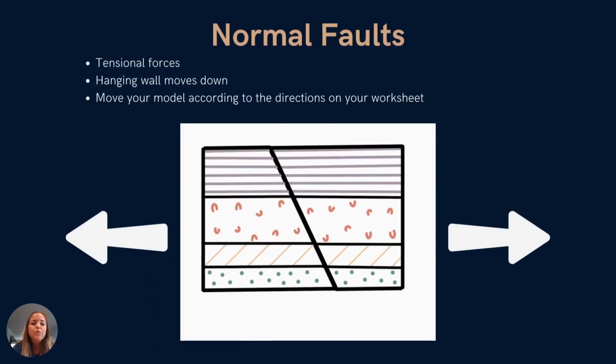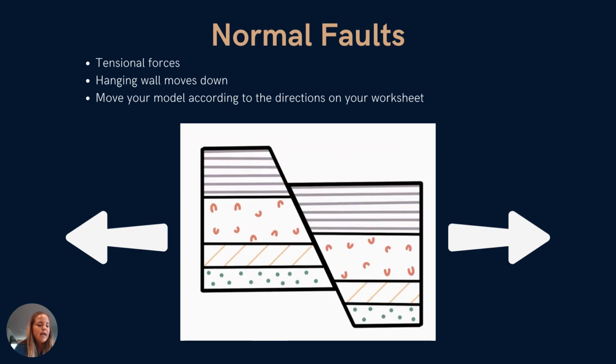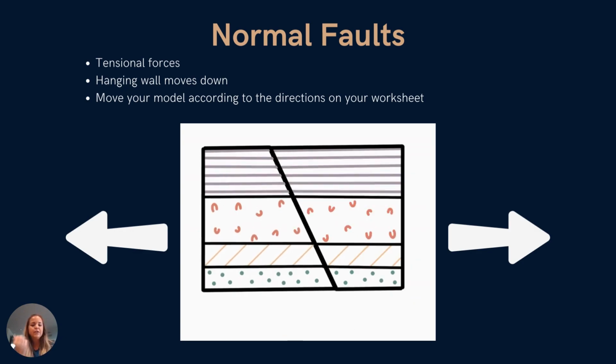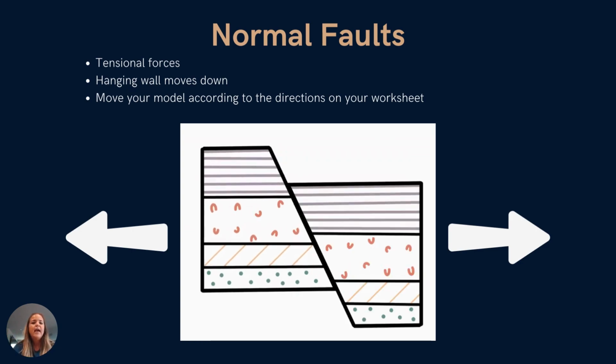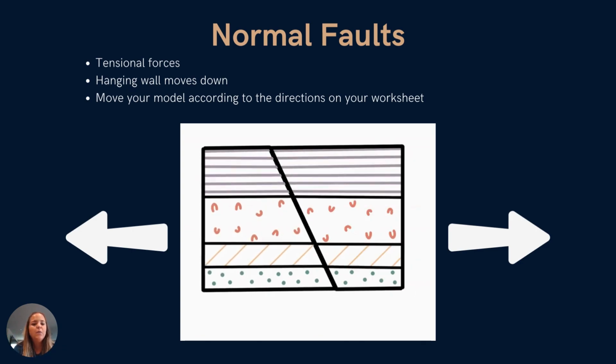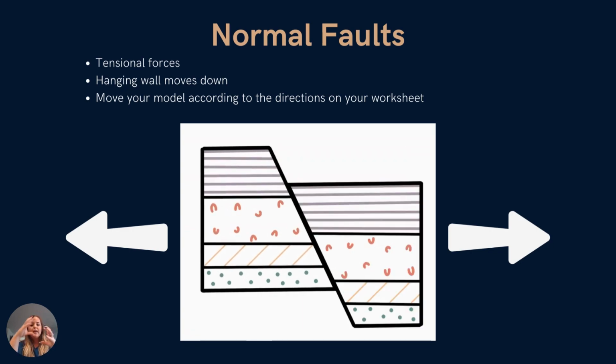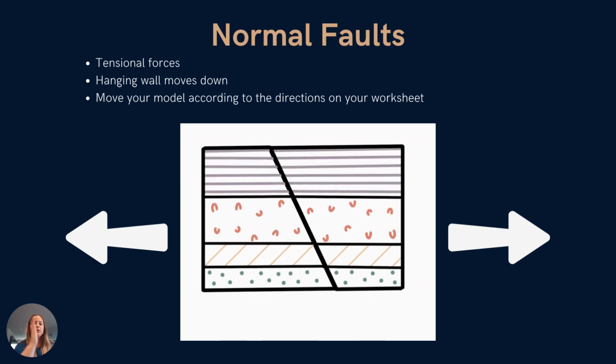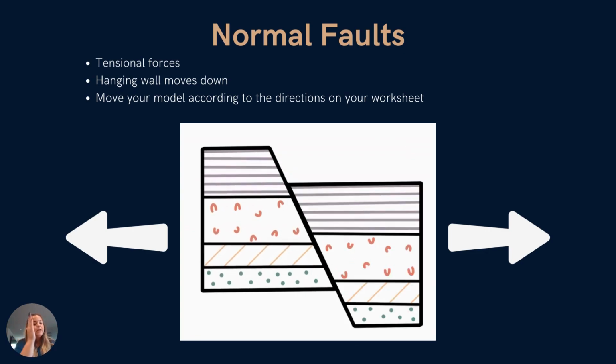Okay, so with normal faults, this is driven by tensional force. So things are being pulled apart here. They're experiencing tensional stress. And what happens is the hanging wall moves down. So you can see in that diagram or that GIF that they were once together and one of the blocks is moving down. If you were to draw your man, or it could be a woman if you want a